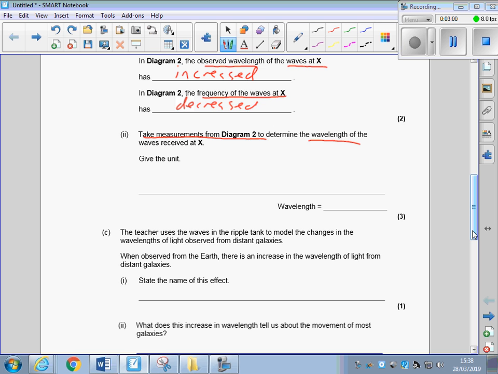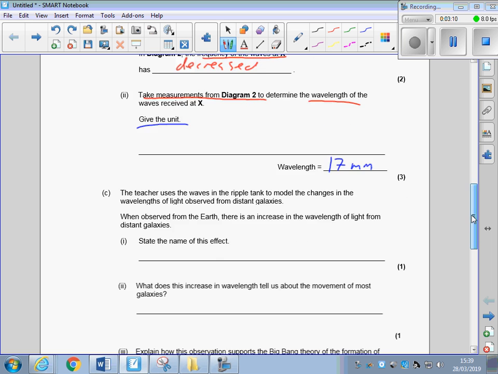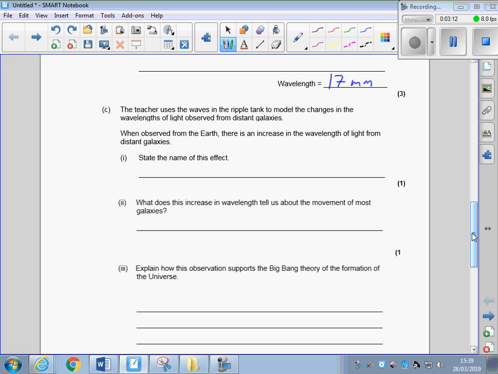And in this instance, if you got your ruler and took those measurements, you would find it comes to about 17. 17 what? Well, it says give us the units, 17 millimeters. Okay, so the teacher uses a ripple tank, and they're modeling light observed from different distant galaxies. When we look at distant galaxies, their light does have the wavelength increased. Okay, what's the name of this effect? This is called